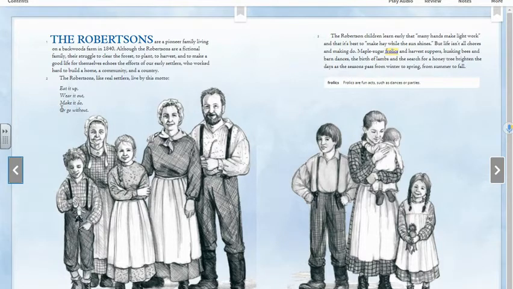The Robertson children learn early that many hands make light work, and that it's best to make hay while the